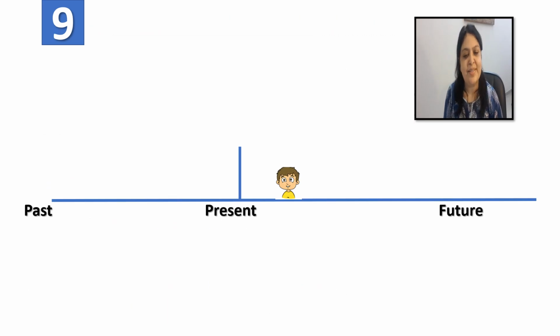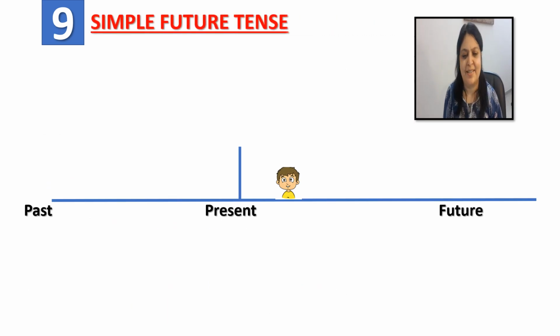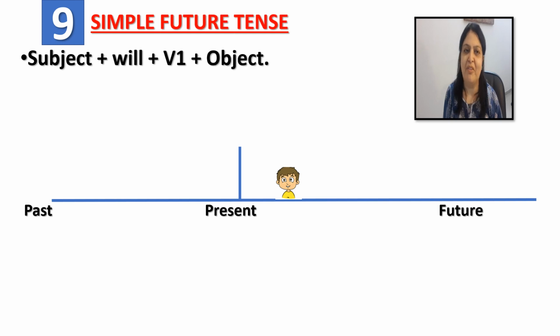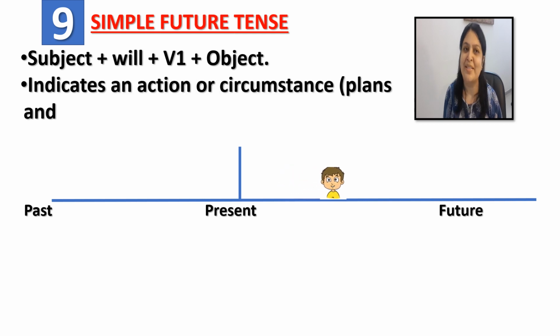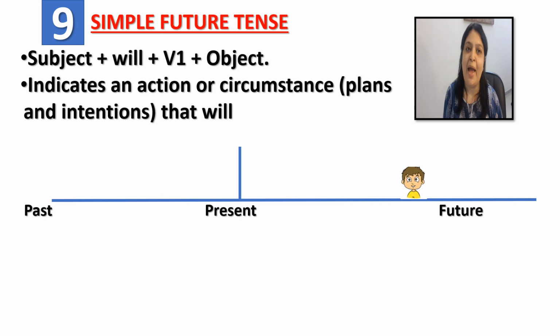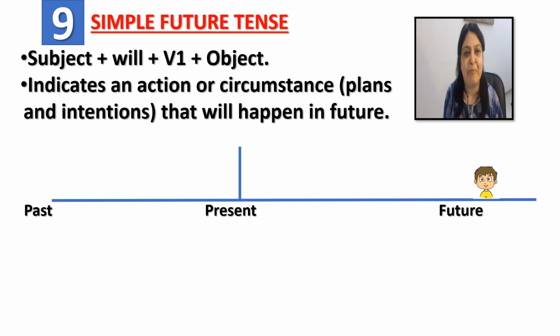Now let us look at simple future tense. Simple future tense is made by subject plus will plus V1 or the main form of the verb plus object. It indicates an action or circumstance or some plan or some intention that will happen in future, something that we have planned for future, something that we intend to do in future, or some action that we plan to do